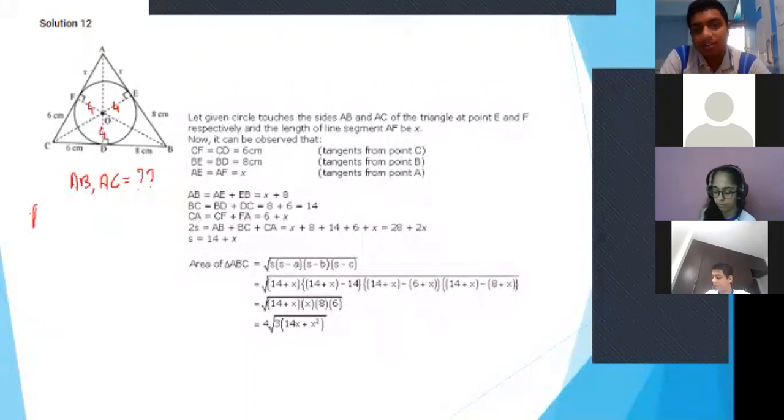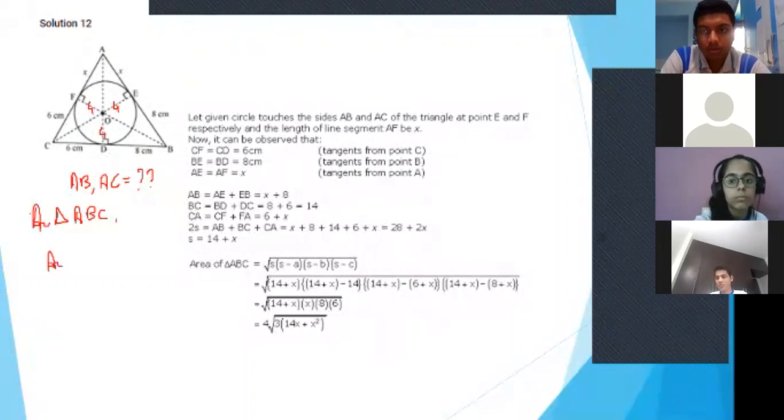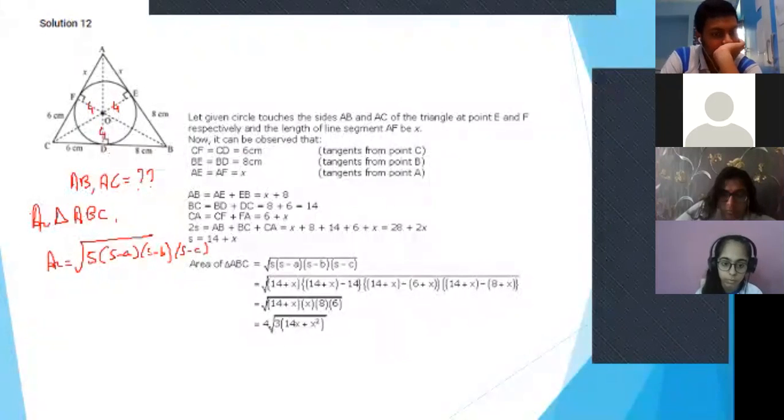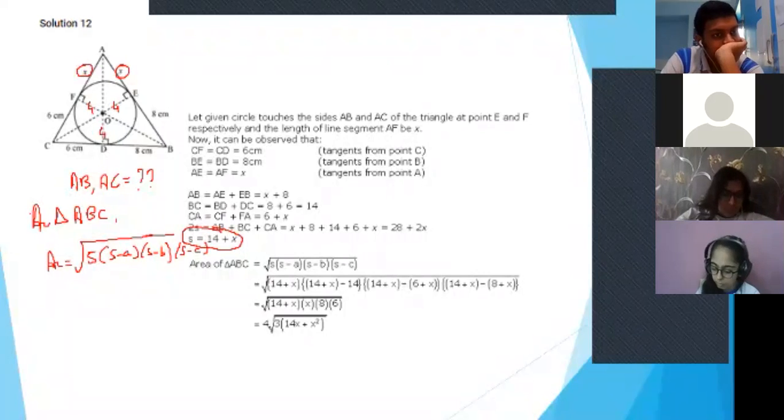Same here. So basically, the first step would be finding the area of triangle ABC. Now, as it is a scalene triangle, or we don't know what it might be, in that case, what formula will you be using? You'll be using Heron's formula. That is the square root of S into S minus A into S minus B into S minus C, where S is equal to A plus B plus C upon 2. This is the value of S, if you can see. We have considered this part as X, this part as X, and this as X also, because again, tangents from the same point are equal. This is given to us as 6, so automatically this is also 6. This is given to us as 8, so this is also 8.